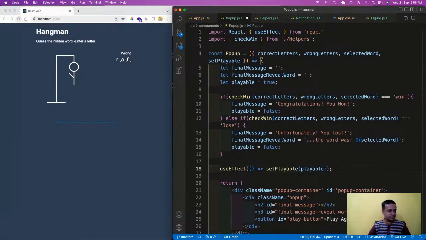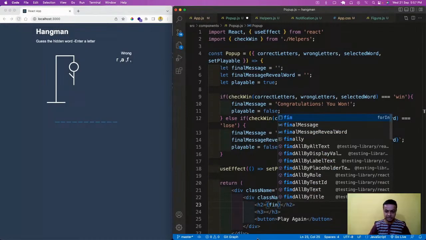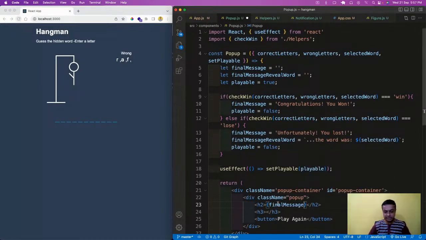Okay, so pop-up container and id is something which I don't require, and h2 and all. Okay, this is something which I don't require. h2, h3, button is play again. So that is there. Here I will show the final message, and in h3 I will show the final reveal word, and play again is there. And one more thing which we need to do here is,